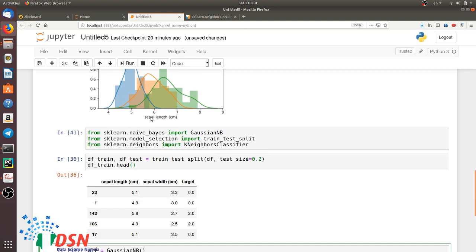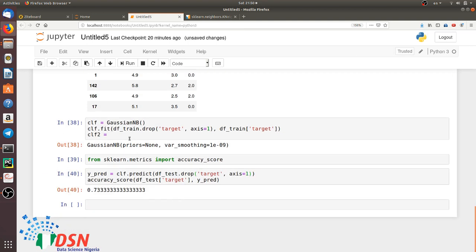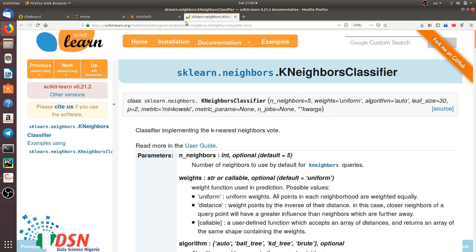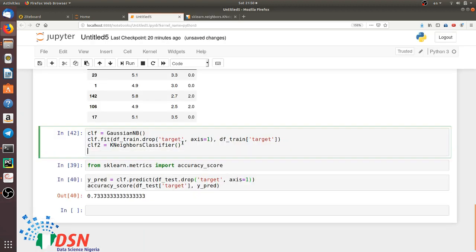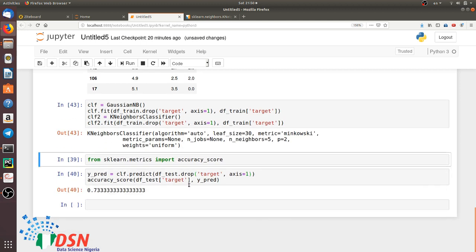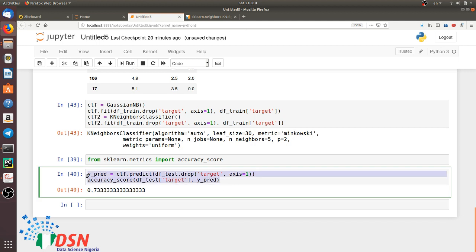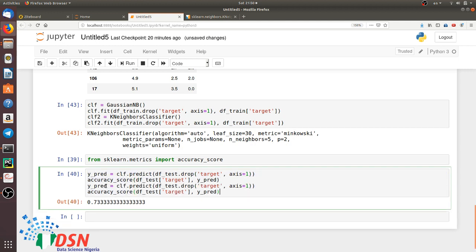Let's call it clf2, which is k-nearest neighbor. So we just use the default values in here, and after that we want to fit it again like this. So we just copy and paste it in here. Okay, now also we want to have this for, let's call it y2 clf2,